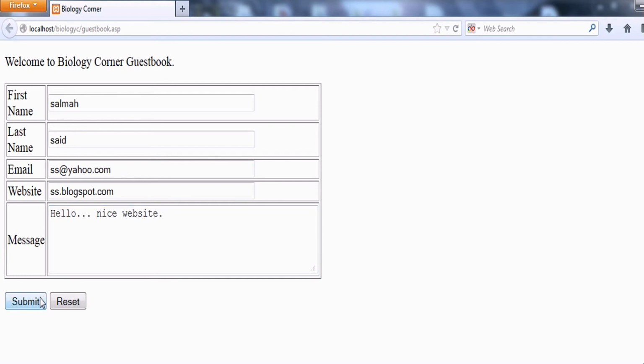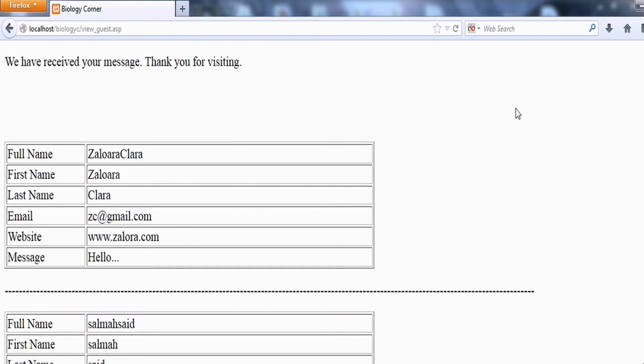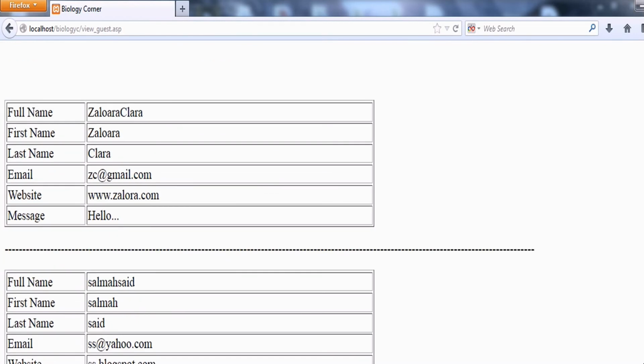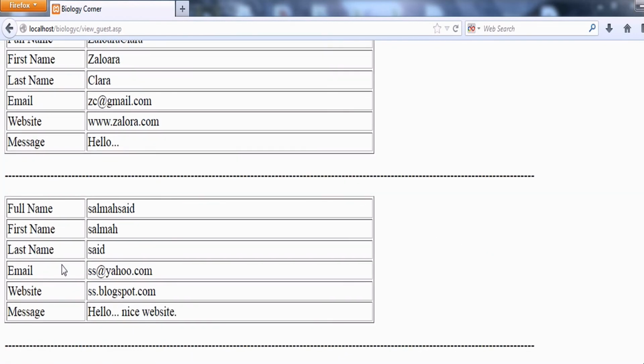And click submit, and you can see this is the second message.